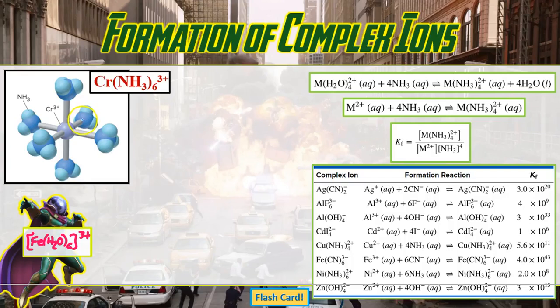Another type of aqueous ionic equilibrium involves the formation of a complex ion. So we know a complex ion consists of a central metal ion that is covalently bonded to two or more anion molecules called ligands that are surrounding it, right? Same as we saw in chapter 19, and the same Lewis acid-base adducts that we saw in chapter 14. So when a salt dissolves in water, a complex ion forms, with water usually as the ligand